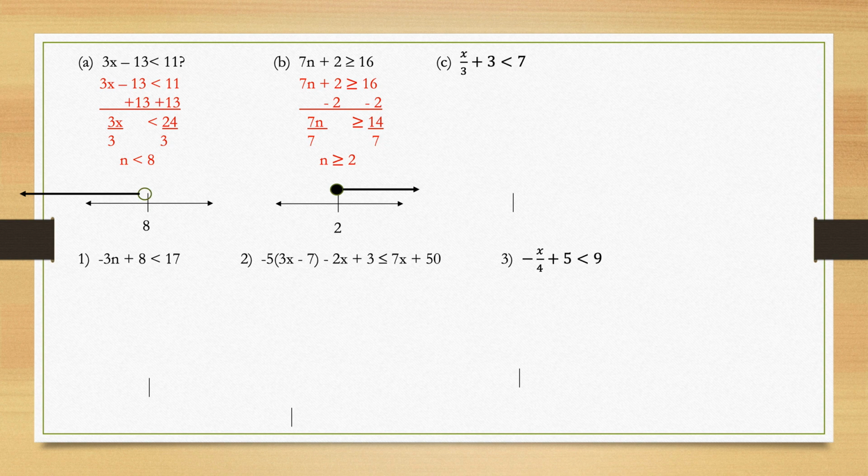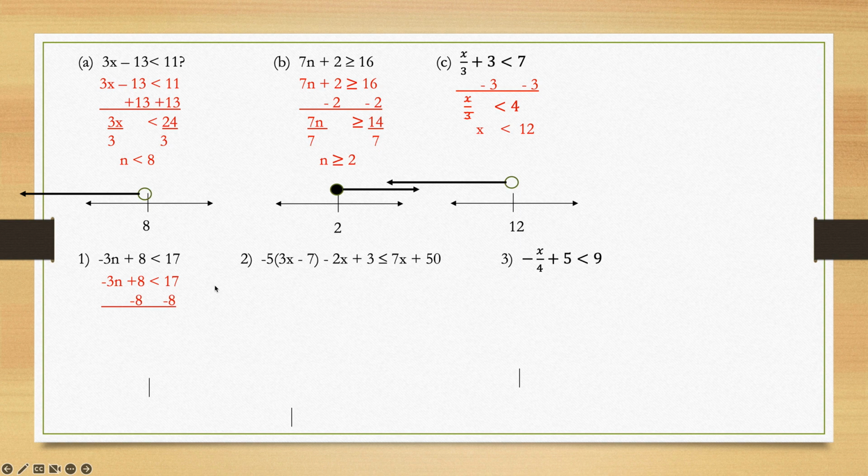Okay, now, subtracting 3, multiplying by 3 because the x is being divided by 3, I get x is less than 12, and there's my graph. Notice there's no or equal to, so it's an open circle on 12. All right, a little bit later we will go over bracket notation again, so there's not any bracket notation here. Next one,